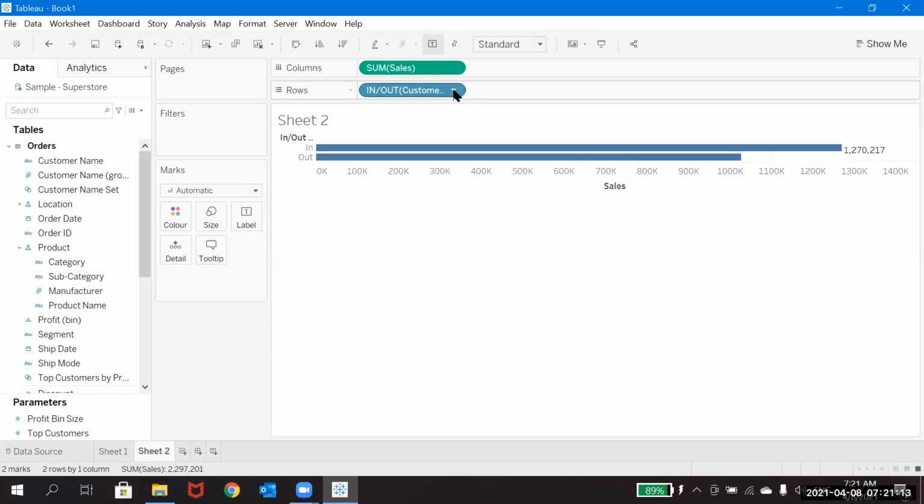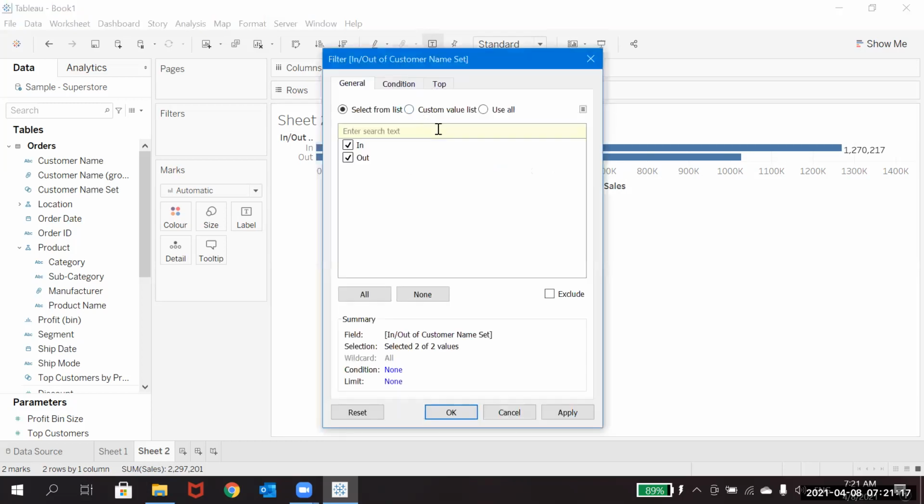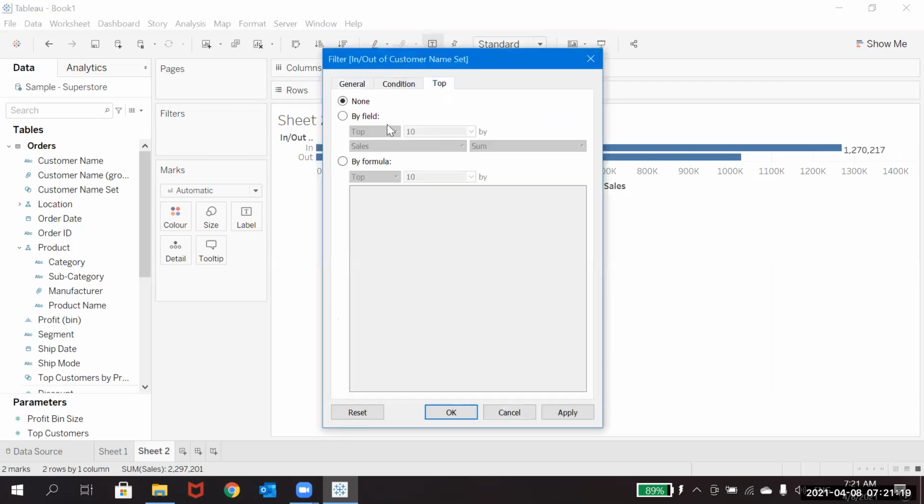Assume that the customers are 10,000 here. Out of 10,000, almost 2,000 would be 20%, so let's see how much it will show.